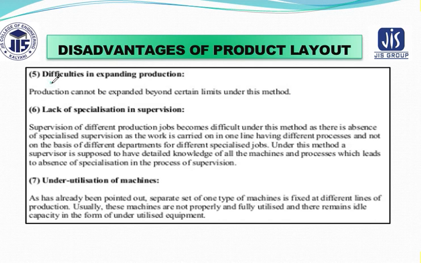Next is difficulty in expanding production. Production cannot be expanded beyond a certain limit under this method. Next is lack of specialization in supervision. Supervision of different product jobs becomes difficult under this method, as there is